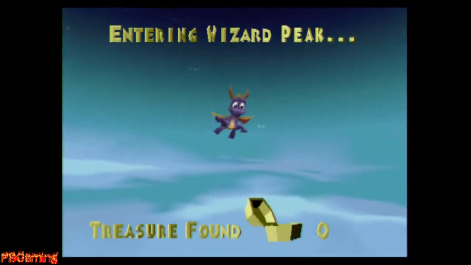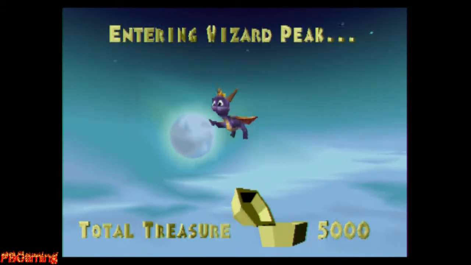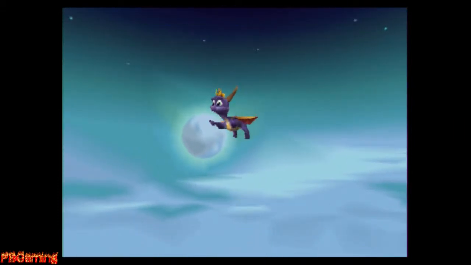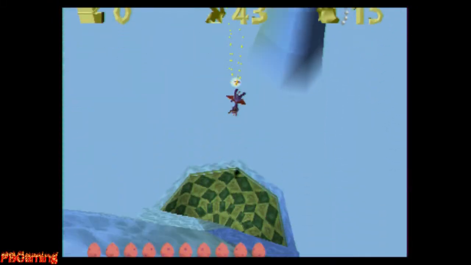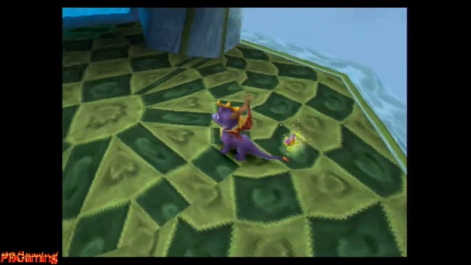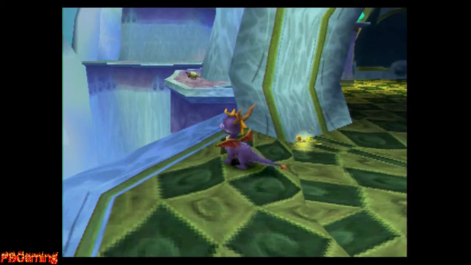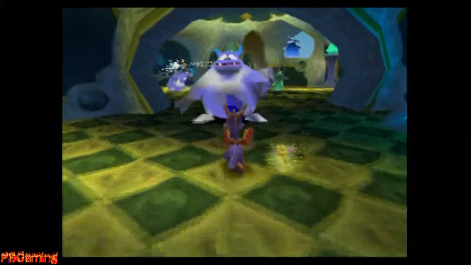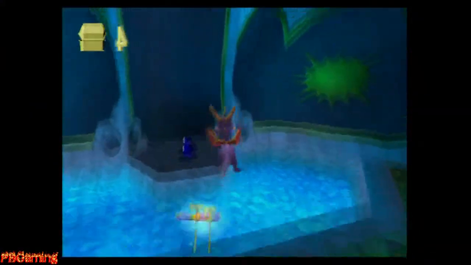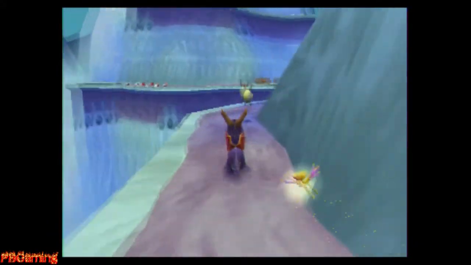So Wizard Peaks is the next stage. I think this is the last stage that I have to finish up and complete before I can go ahead and head to the next world and the next set of stages. So before I go ahead, I actually can go this way, and there are different ways I can choose to go in. So many different ways you can go in this stage. So I figure I'll just go to the left here,